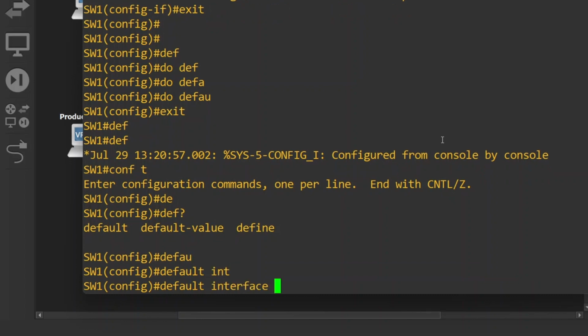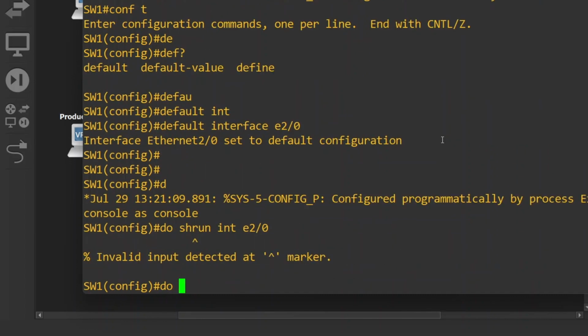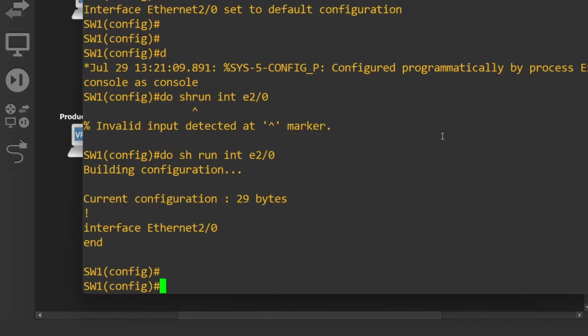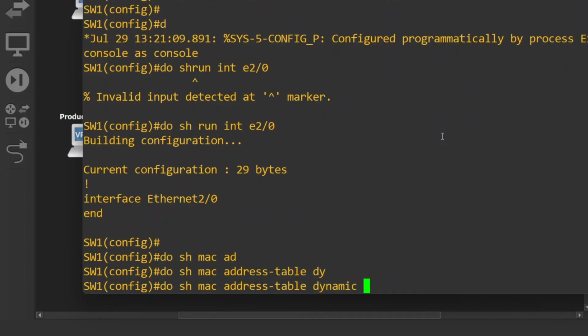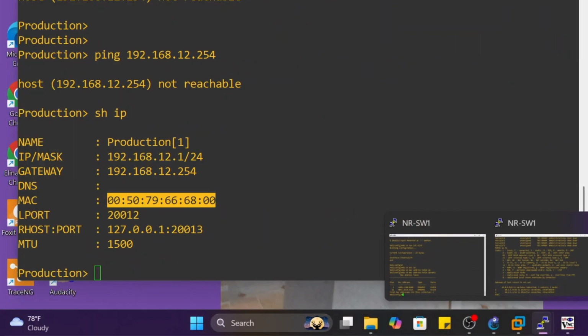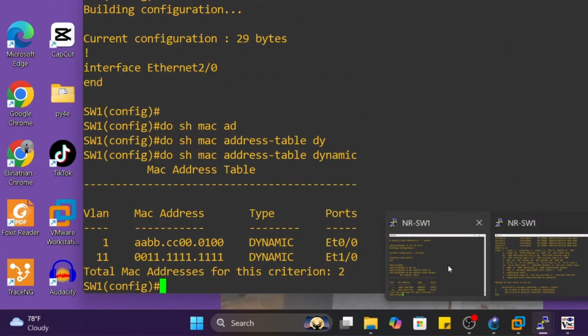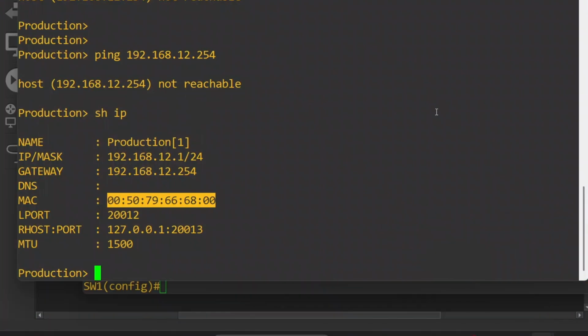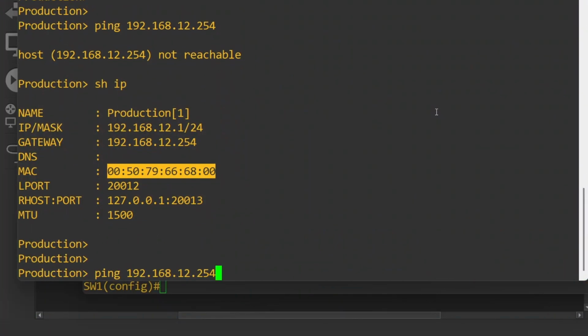default interface E2/0, do show run interface E2/0, it is back to default. You say do show MAC address-table dynamic. You can see it's not even showing anymore. Okay, if I do the ping again,